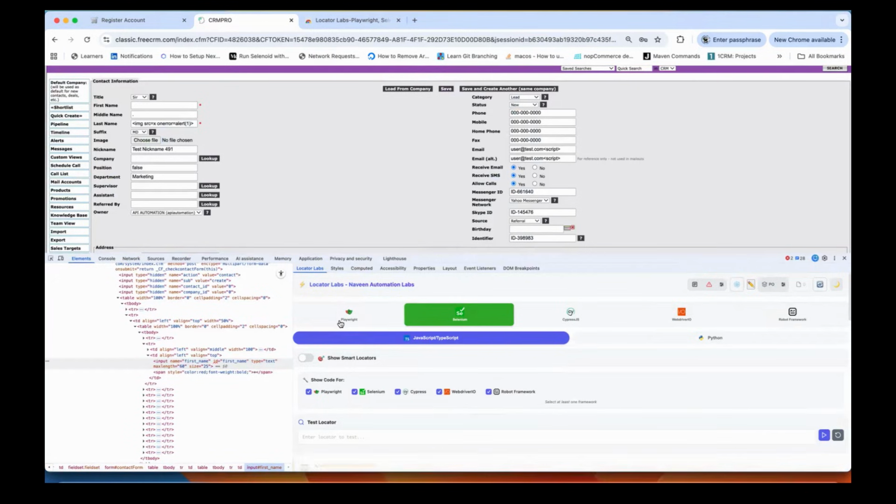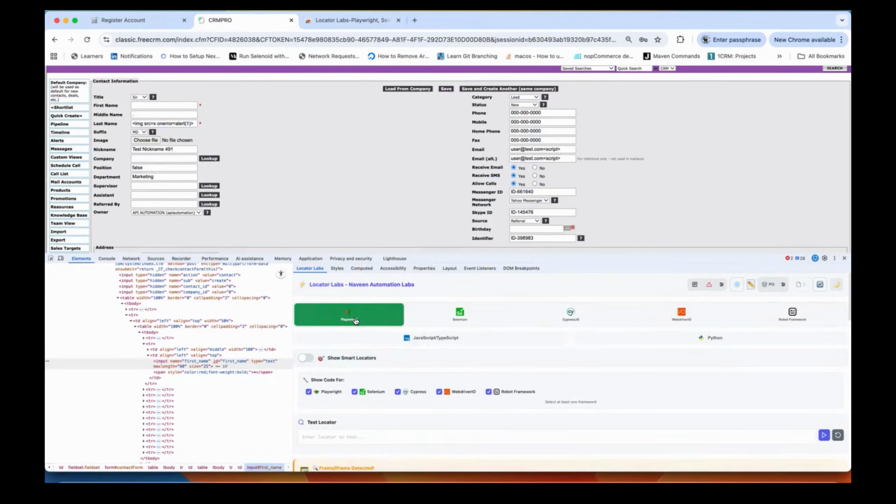So one single tool and n number of features are available. You can generate the page object model, page object classes also. If you're working with Cypress, Selenium, Playwright, WebDriver IO, Robot Framework, you can generate the code easily. You can practice also here very well. So start using it. It's one single tool, absolutely free of cost